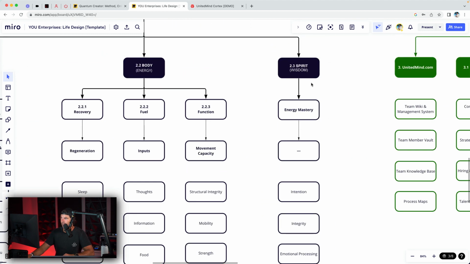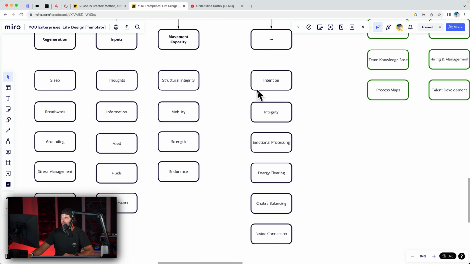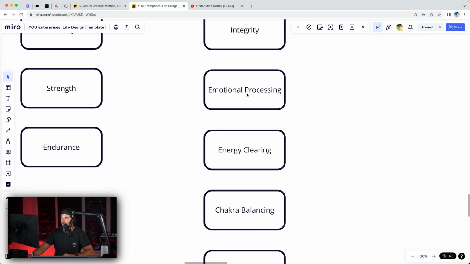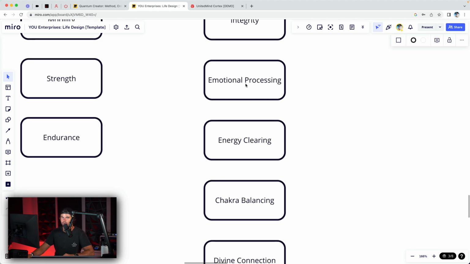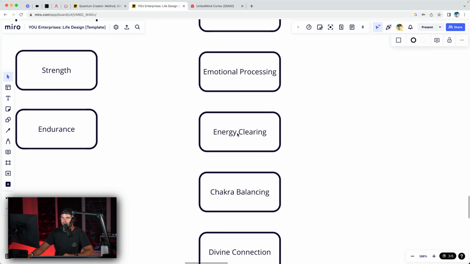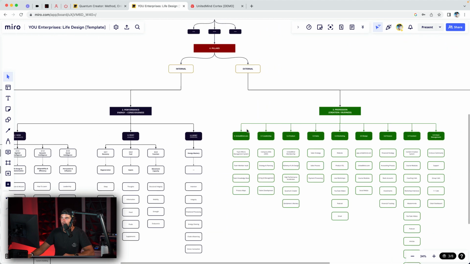And then spirit is all about energy mastery and conscious training. So how are you working with your intention? What's your level of integrity like? How are you emotionally processing different triggers in your external world? How effective are you at energy clearing, balancing your chakras, cultivating a divine connection between you and your higher self, God,